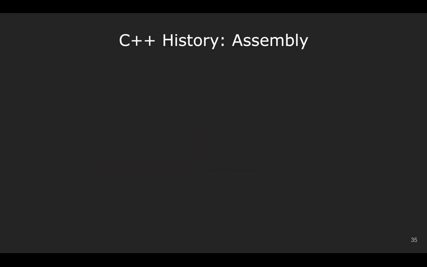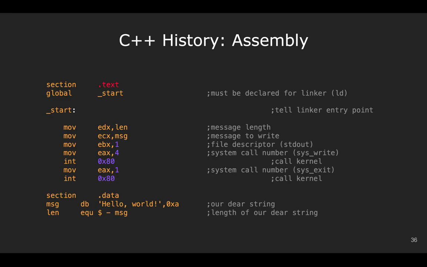To give you an idea of what that is in case you haven't seen it before, that last example was an example of something called assembly. Assembly is the language that your computer understands. You'll notice it's much more complex and not at all human readable, which is what we're used to with something like Python, which you might have seen before.